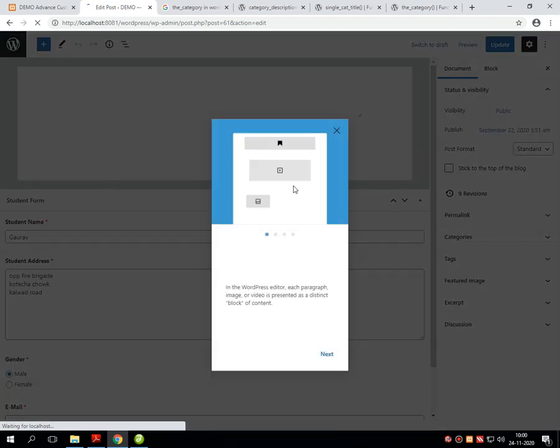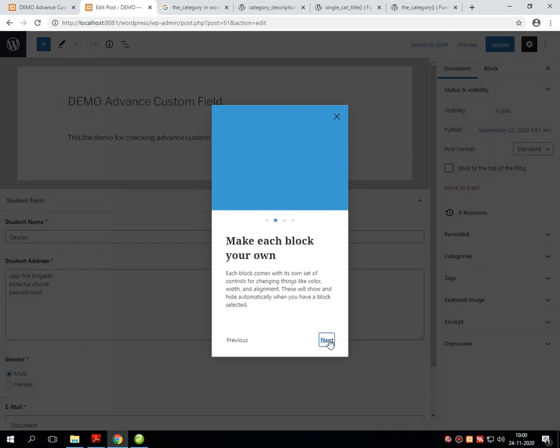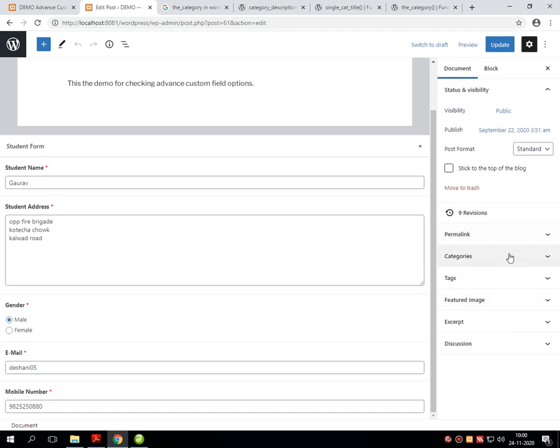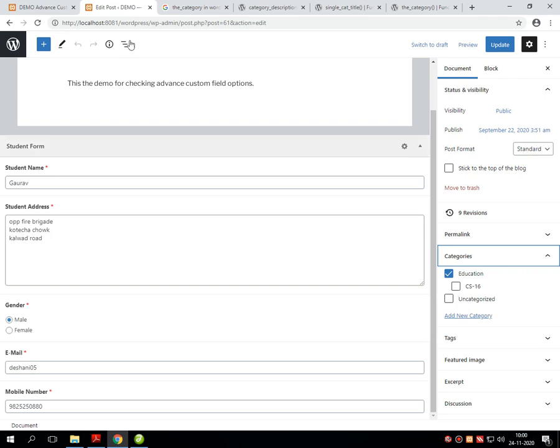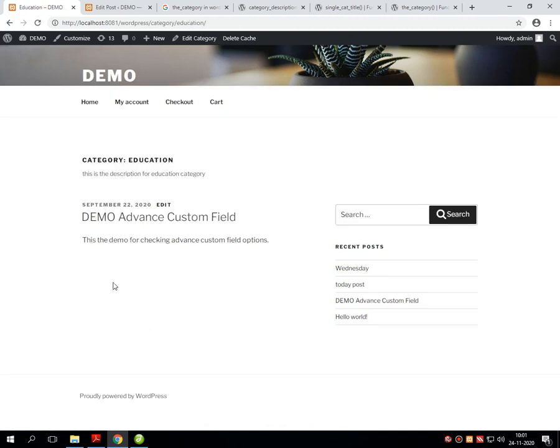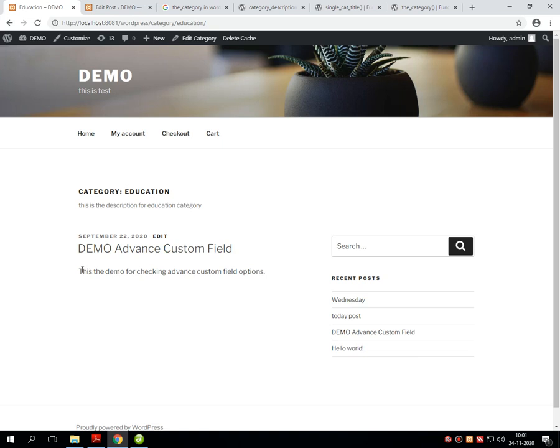It will take a few minutes as the system is a little bit slow. Now in this post we can see that Education has been assigned as a category. Once this is done, I am refreshing my home page and clicking on the category which is given, and that description will be displayed on the screen.